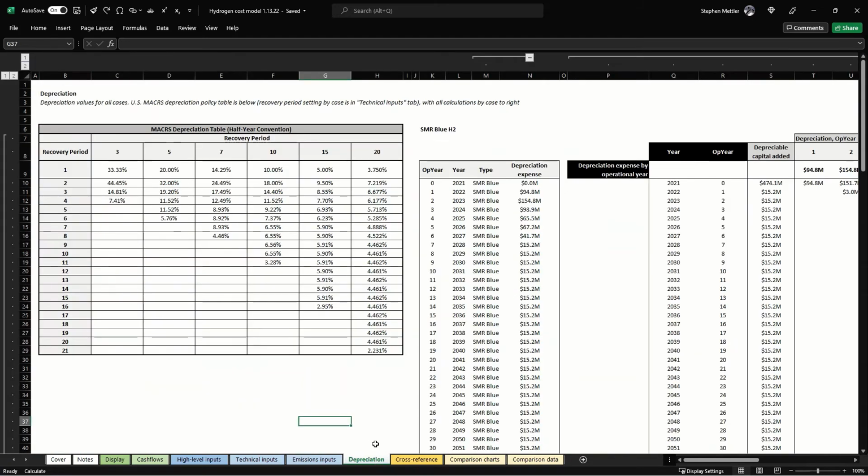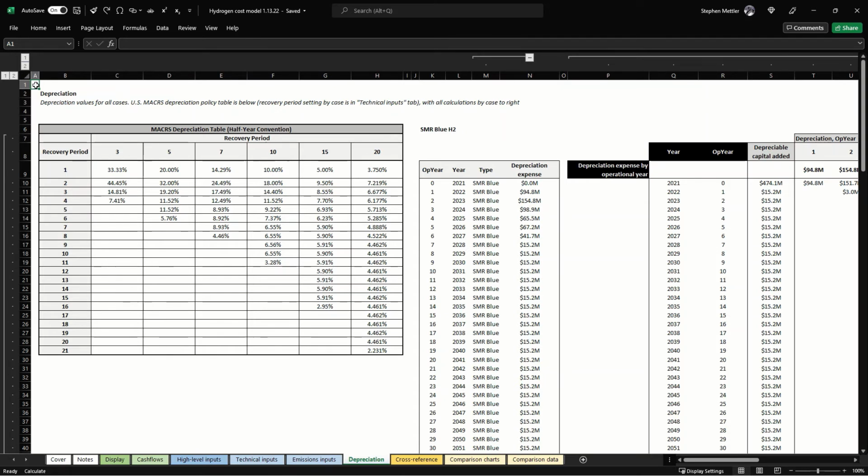All right, moving to depreciation. Just like I didn't recommend changing anything in technical inputs unless you are familiar with the on-the-ground workings of these technologies, I would not recommend changing anything on this tab unless you are familiar with the way that the financing works. At core, depreciation is just the speed at which companies can write off the degradation of their assets. So basically, as any technology you deploy gets older, you're losing value as it moves towards retirement, and you're able to write off those losses against your